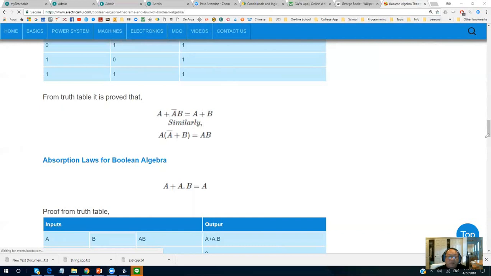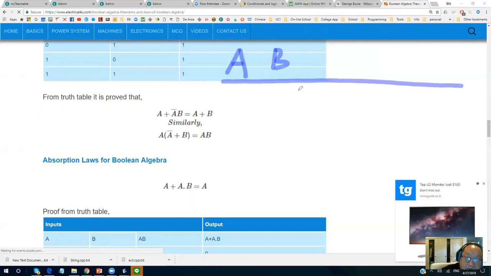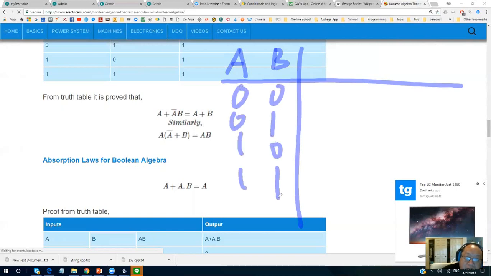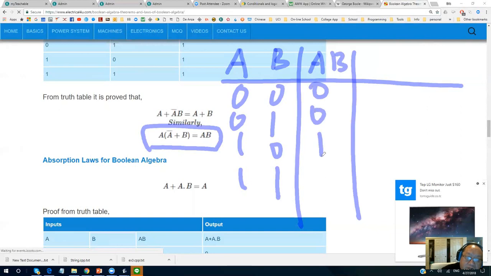Let's prove this one. So this one, I have my A, B right here. Right? 0, 0, 0, 1, 1, 0, 1, 1. So now I want to prove this. First, I calculate my A and B. My A and B is 0, 0, 1, 0, 1, right? Now I need what?